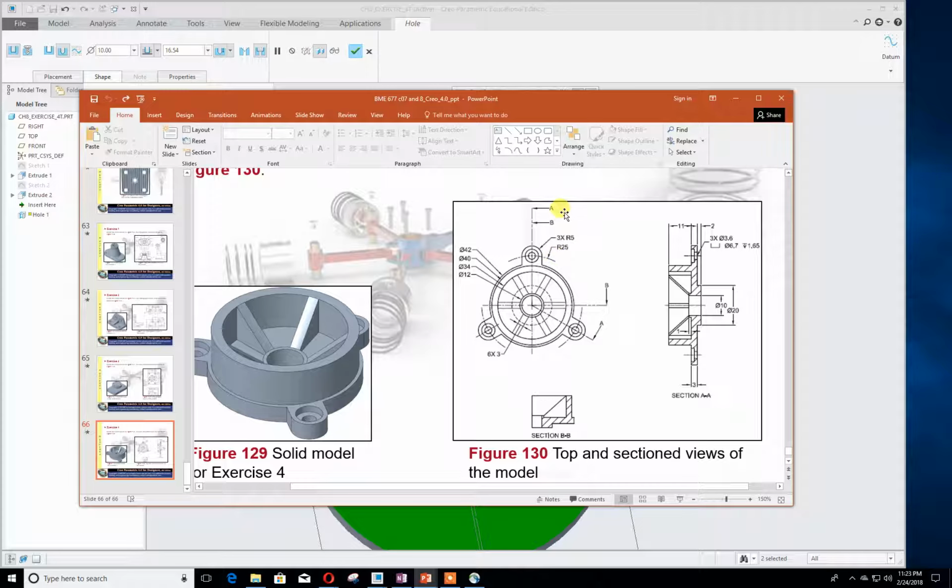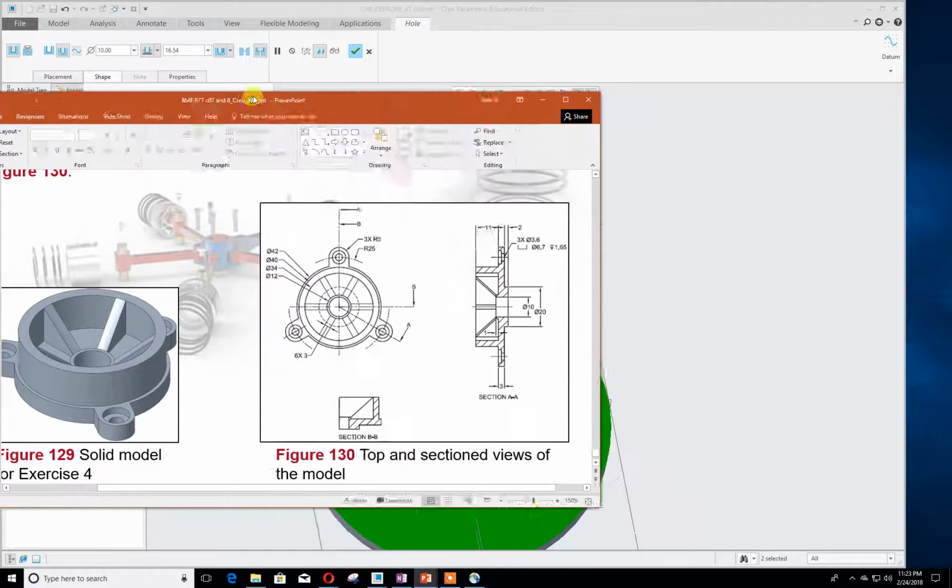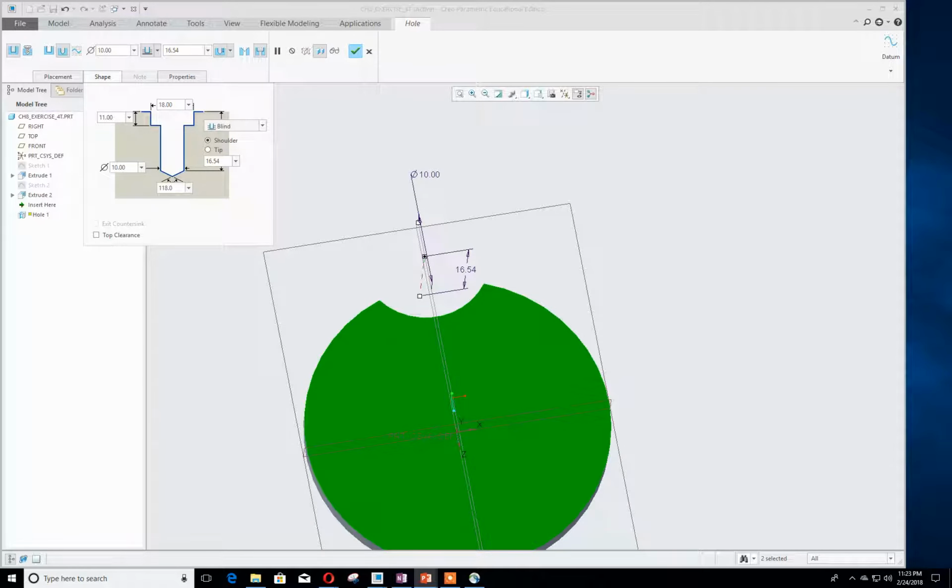And using the hole feature as we did in the settings, we're going to create a hole that has an indentation of 6.7 diameter and 1.65 deep, and a middle hole diameter of 3.6. I'm going to show you. So if you look at your PowerPoint or your book or your worksheet, whatever your professor may give you,